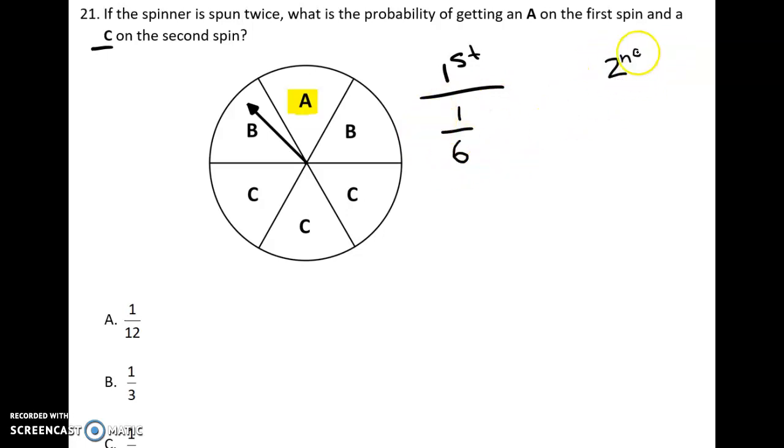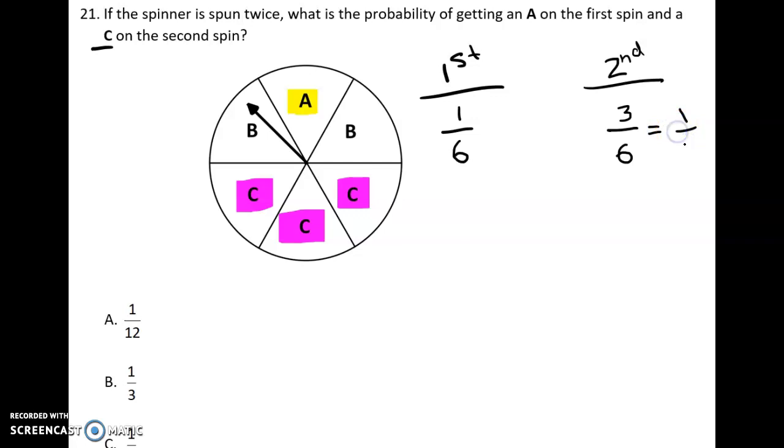On my second spin, I want the probability of getting a C. So I've got one C here, one C here, and one C here. So in this case, I've got 3 favorable outcomes, and again, there are a total of 6. So really, that 3 over 6 actually gives me a probability of 1/2 for getting a C on that second